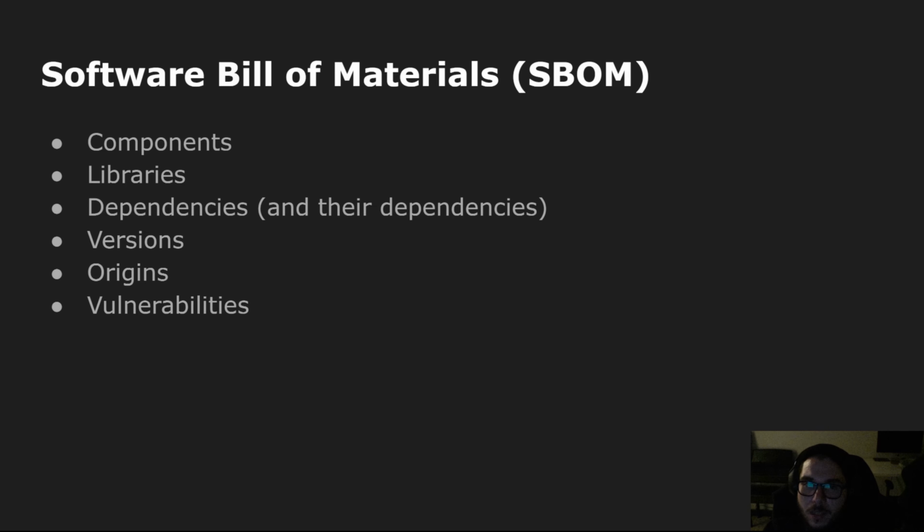Some of you might not like to hear this, but like a traditional bill of materials, it's for a physical product. An SBOM is a record detailing every single component, every library, dependency, every single piece part of an application or service. It includes the required versions and what vulnerabilities might exist in the system. It helps enable teams to track and manage vulnerabilities effectively.